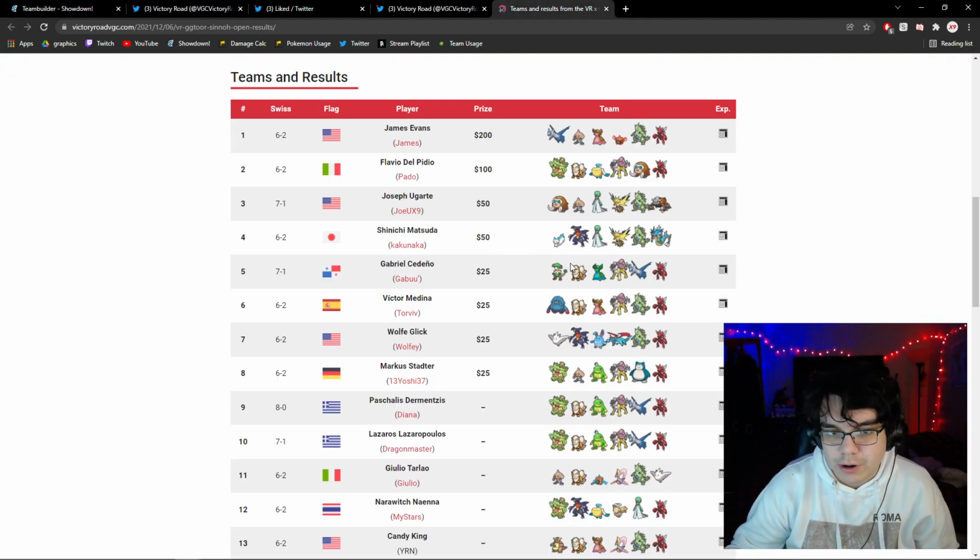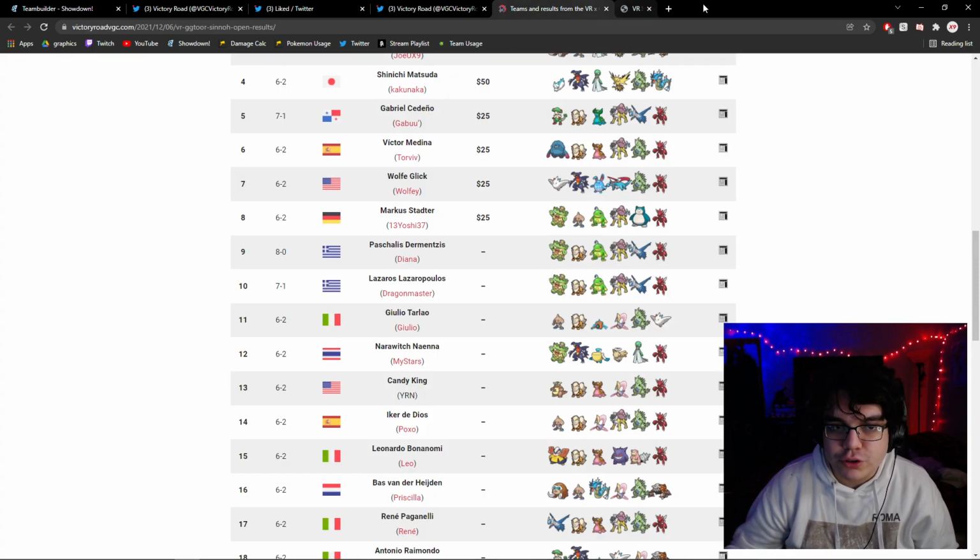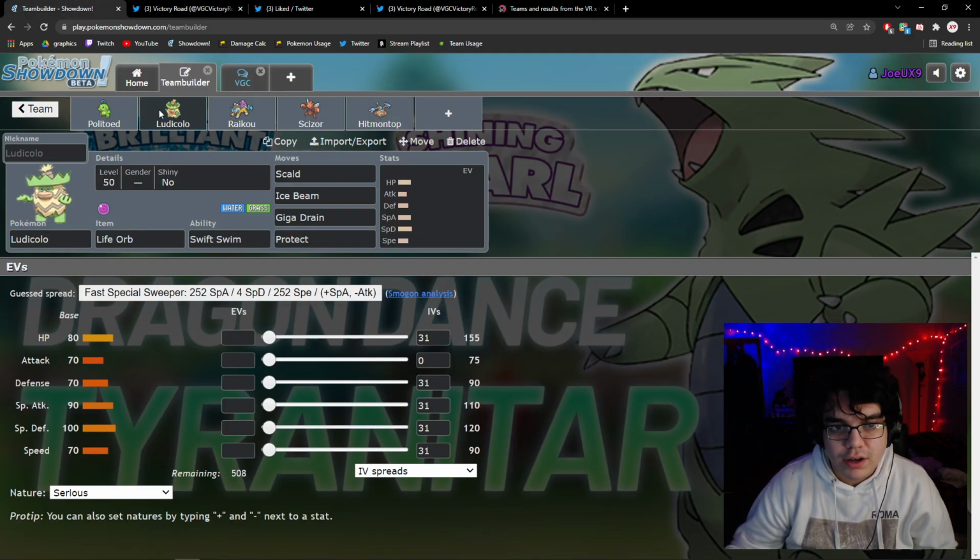And the main reason why I think Marcus had it on his Hitmontop is because he wanted more damage, but also because the Citrus Berry was taken by the Politoed. That can obviously change a lot, right? Now, it's worth noting, he also had Ice Beam on Politoed. You can actually run Ice Beam over...